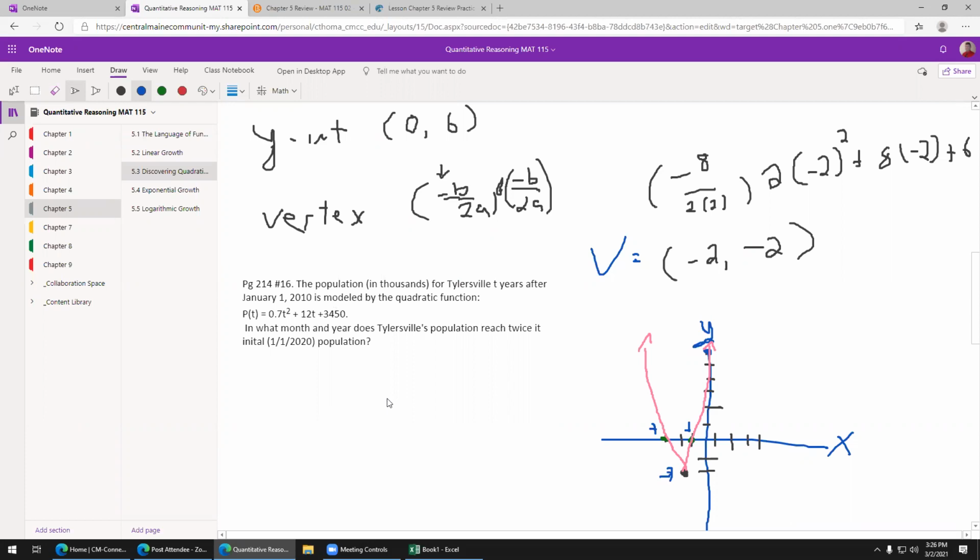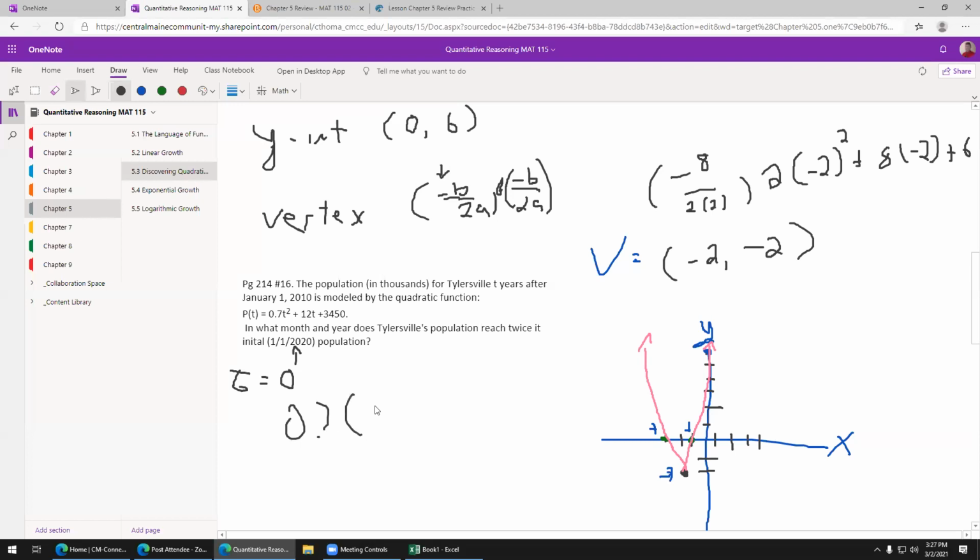Well, what I would do is figure out where I'm at currently. So to find out where I'm at currently, I am going to let t equal 0, right? I'm letting t equal 0 because that's my starting point. Let's find out where my population is on January 1st, 2020, right? And since t is everything after that date, that is why I know that that is the starting point, and so therefore that has to be 0. So if I put 0 for t, it's very similar to finding the y-intercept, right? So I get